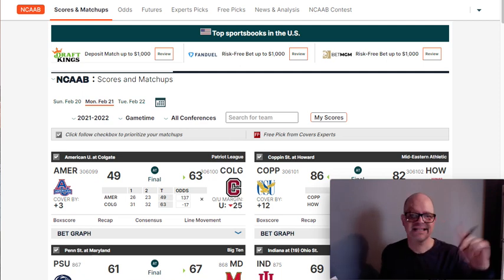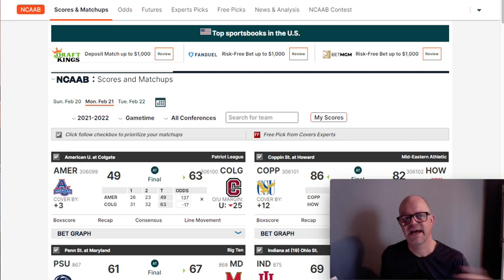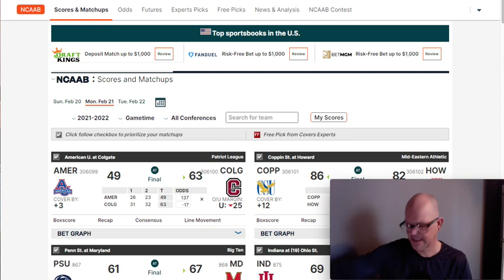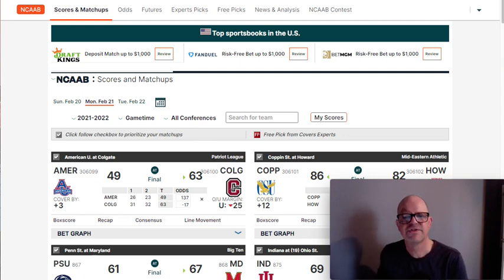Now that we know that, let's apply it to when to take the points and when to play the money line. So if the average is 11, let's divide it in half. Half of 11 is 5.5. So we automatically know, the way that I'm going to teach this, anything 5.5 spread, we're going to play the money line. Now, the way I'm going to teach this is let's make it 6 points. So anything 6 points or less, we're going to play on the money line, and here is why.